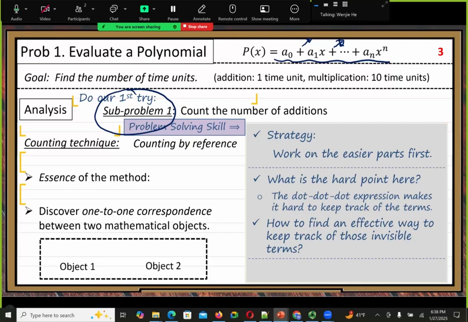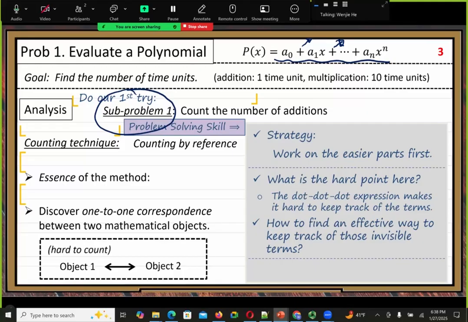We have object 1 and object 2. You need to find object 2. Object 1 is given, but you need to search and find an appropriate reference, object 2. But after you find that, you need to establish a one-to-one correspondence. Because